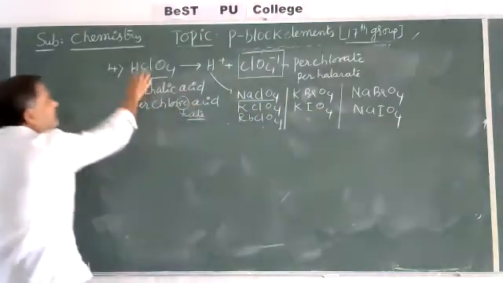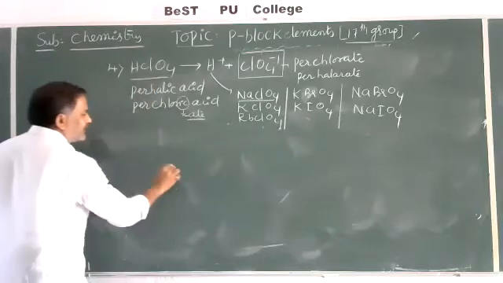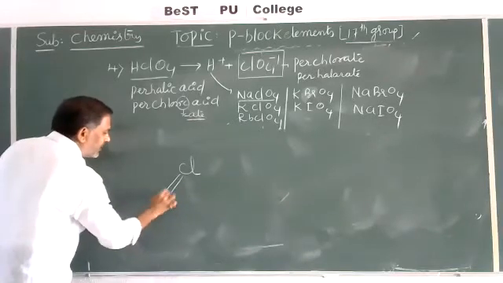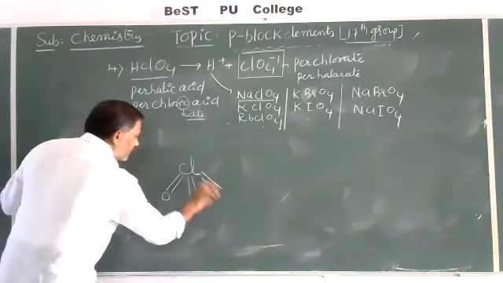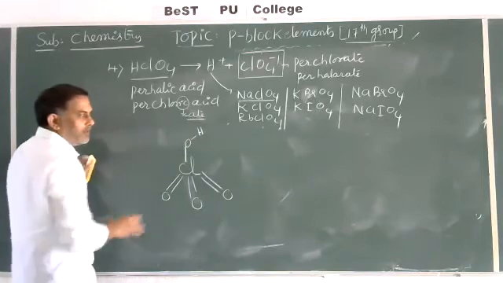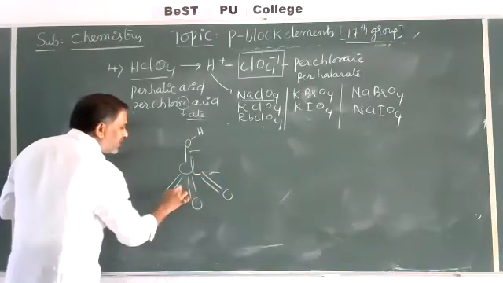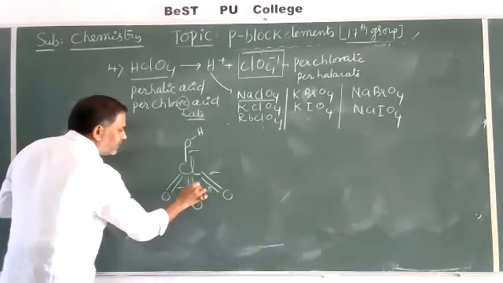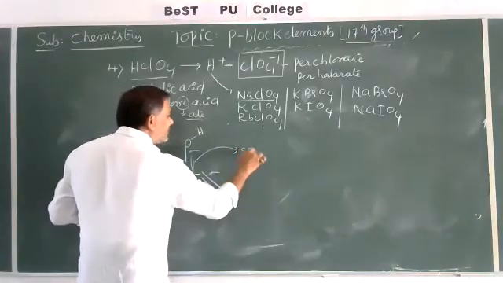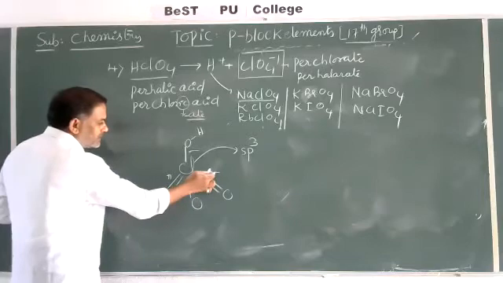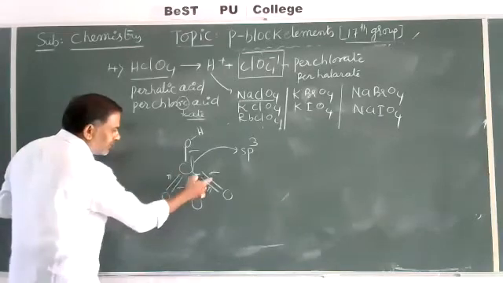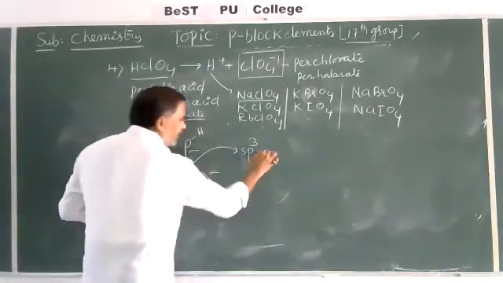Last, in this perchloric acid, here are 4 oxygen atoms. We can take here Cl, the central atom of the element, with an oxygen atom here, and here an oxygen atom. Take here like this, this is hydrogen. Now here sigma, here sigma, here sigma. Pi bonds, 3 pi bonds are there. Now this chlorine undergoes sp3 hybridization because 4 sigma bonds are there, like 1, 2, 3, 4 sigma bonds. There are no lone pairs.